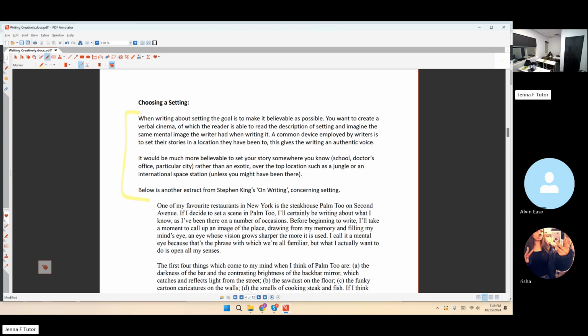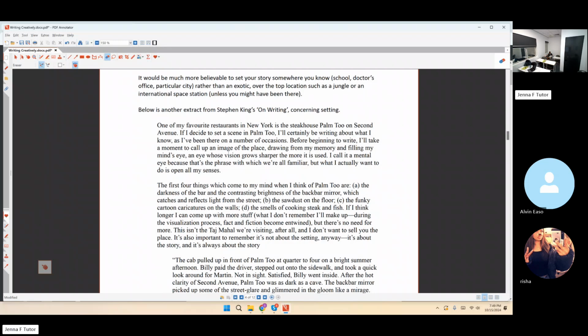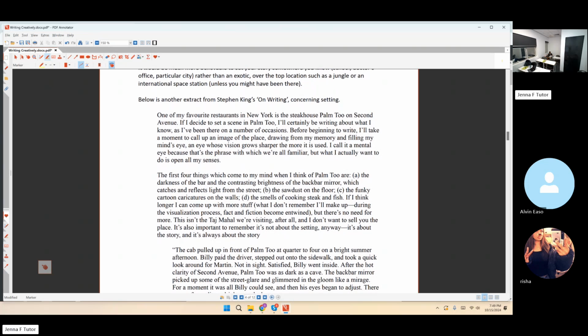Yeah, so just a little recap on that part. I always think that you should be writing about a setting that you have been to. That way you actually know what you're describing. You don't want to be making up the setting while also describing it. It's a bit overkill. A good thing to do is close your eyes and imagine it. And when you've been there, it's a lot easier to do that. And you will see that now.